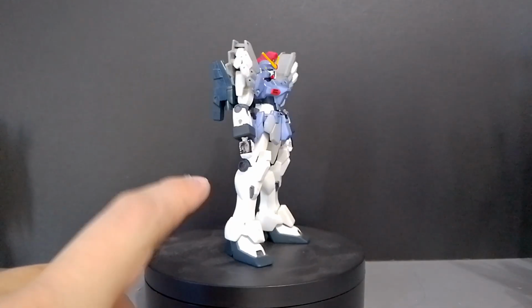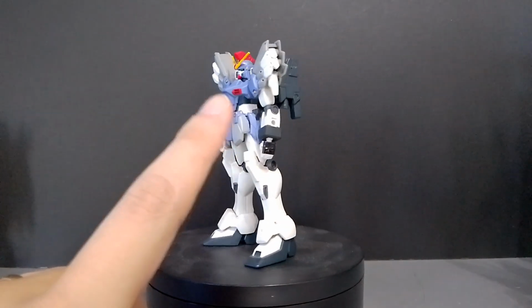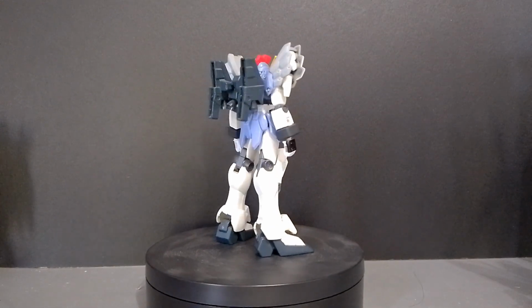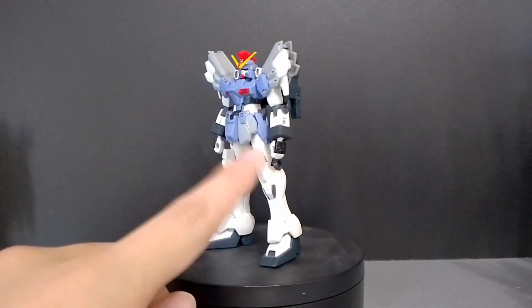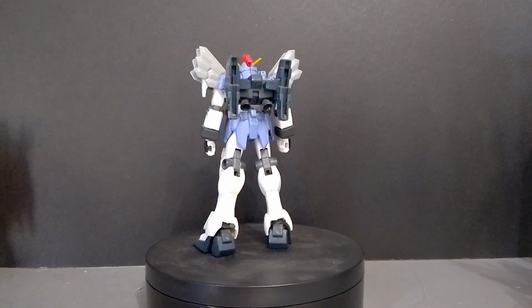The Sandrock Kai Endless Waltz version also comes with the alternate chest piece for the pose of the box art, but unfortunately I have lost that piece, so it doesn't have it anymore. For the hands, you can see here the Sandrock has the polycap hands from the Endless Waltz Tolgis tree,